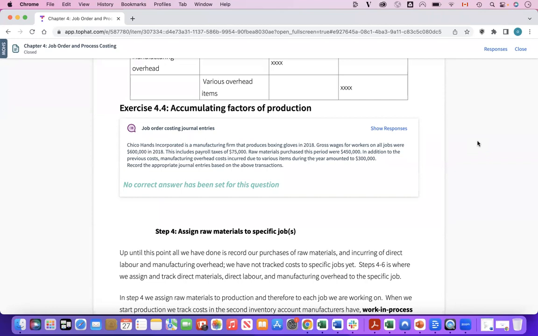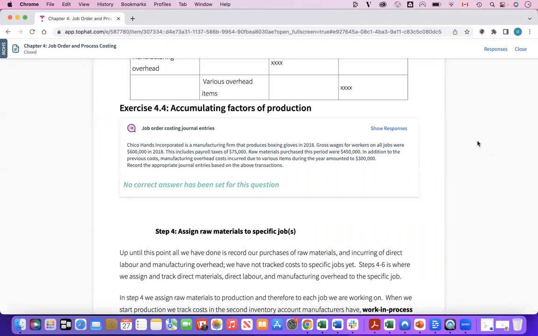So this question here: Chico Hands Incorporated is a manufacturing firm that produces boxing gloves. In 2018, gross wages for workers on all jobs were $600,000 that year. This includes payroll taxes of $75,000. Raw materials purchased this period were $450,000. In addition to the previous costs, manufacturing overhead costs incurred due to various items during the year amounted to $300,000. Based off of all of this, record the appropriate journal entries based on the above